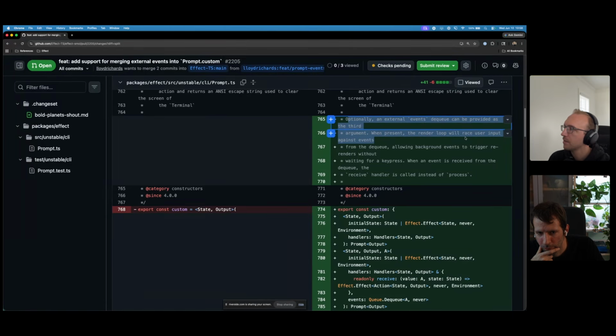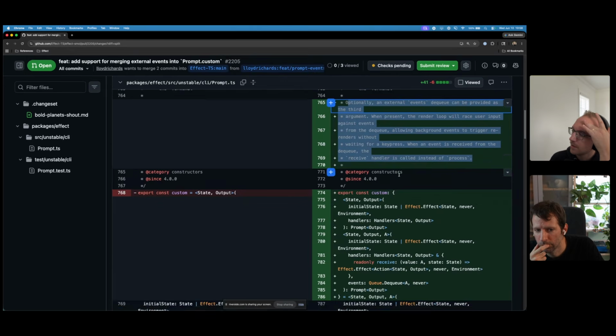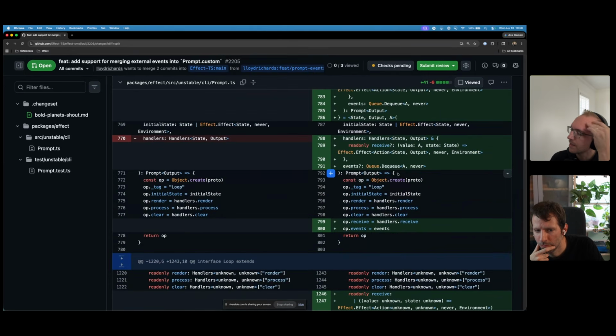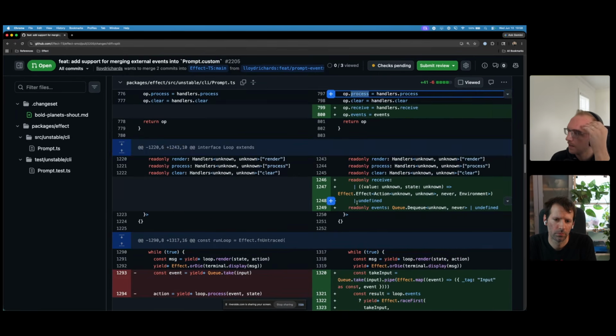When present, the render loop will race user input against the background. An event is received from the DQ. The receive handler is called instead of process. Not sure I like having a separate receive handler. I think what would be nicer is for process, the type of process. I don't know if this is possible because obviously I haven't spent any time with this PR, but I think what would be a nicer model